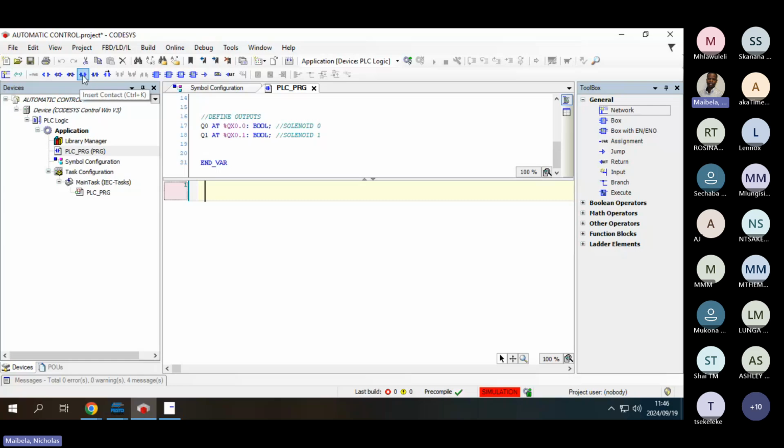A contact symbolizes your input. You're going to click that, and then it will appear under your variables there. We said our first input is I0, which is our start button. And then we said our output is solenoid 0, which is Q0, which we have already defined. So first things first, you're going to